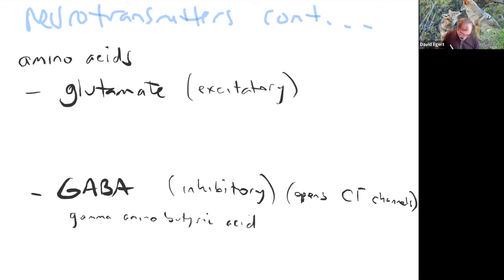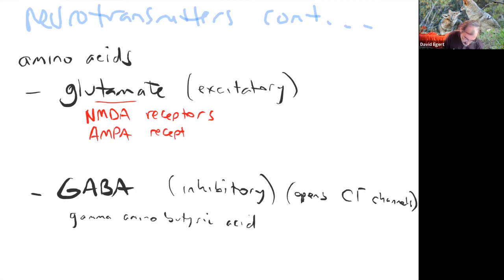In terms of the receptors, some of the glutamatergic receptors are NMDA receptors. Other ones are called AMPA receptors. Don't worry about what NMDA is, N-methyl D-aspartate. Again, it's kind of like muscarinic or cholinergic. It's just a way to distinguish between different kinds by looking at things that they can bind. The main thing is to know that if you're seeing an NMDA receptor,